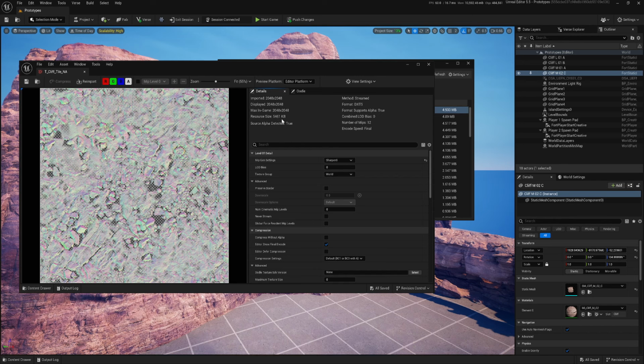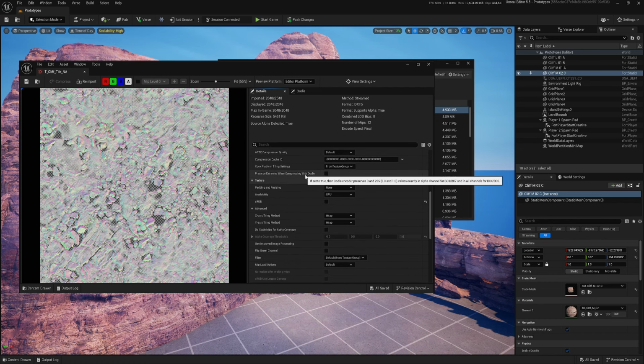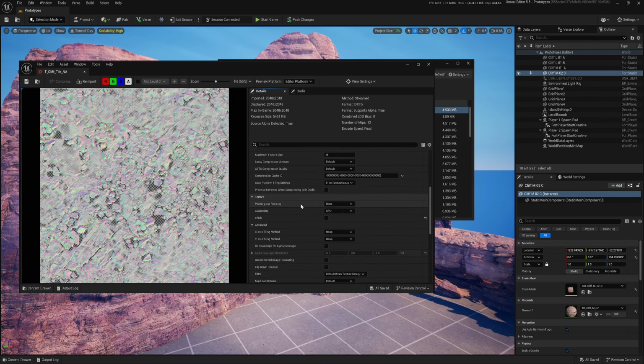So sometimes 2K is fine. Don't forget, 2K is 2048 by 2048. We're always calling it 2K. This is the maximum resolution allowed in UEFN. If you have a larger one, UEFN will start crying, and you can always reduce that. And we have a few parameters in here. So first of all,